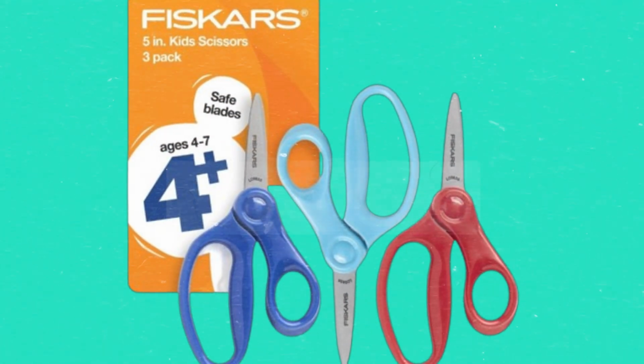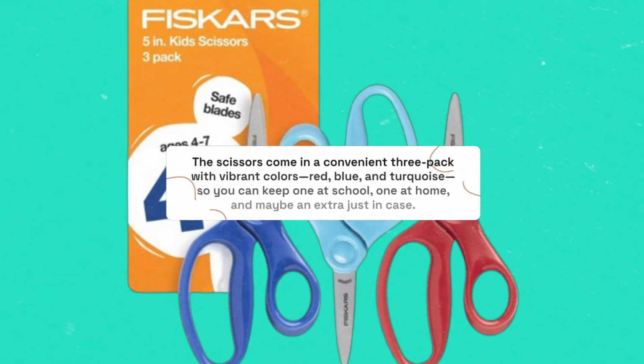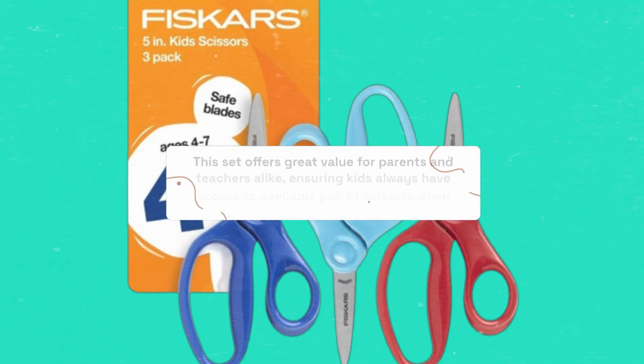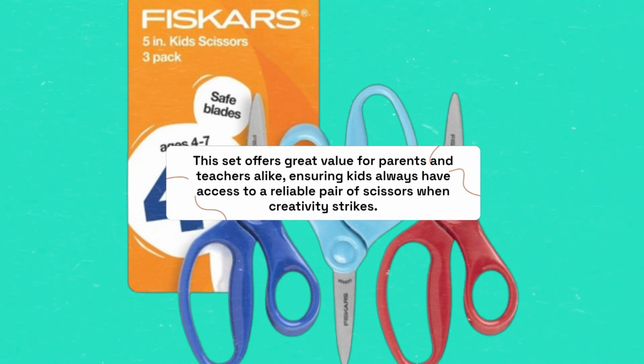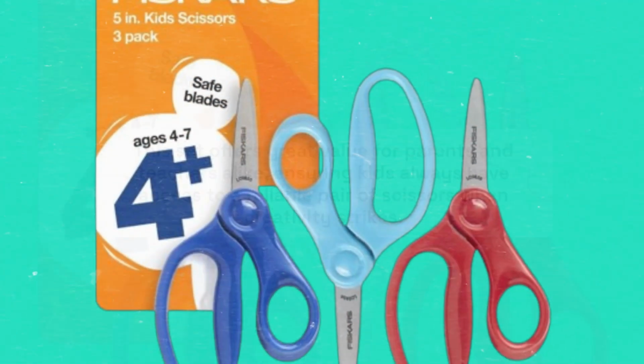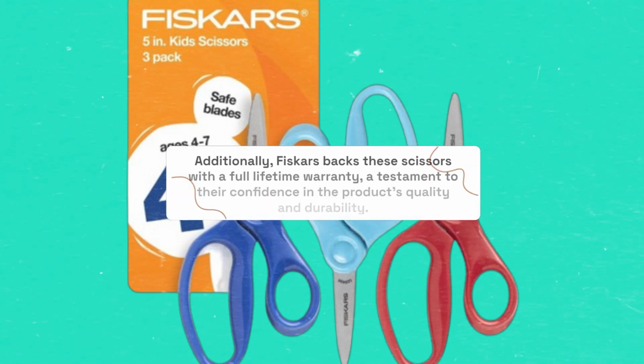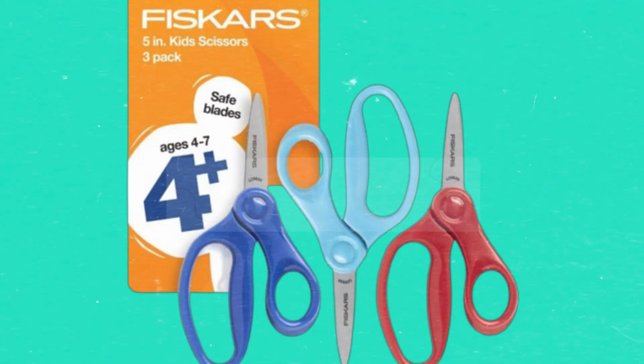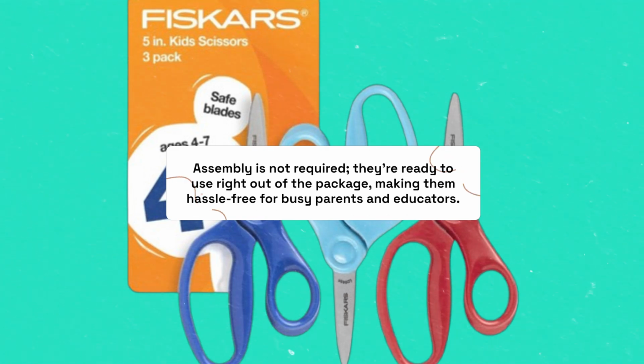The scissors come in a convenient 3-pack with vibrant colors, red, blue, and turquoise, so you can keep one at school, one at home, and maybe an extra just in case. This set offers great value for parents and teachers alike, ensuring kids always have access to a reliable pair of scissors when creativity strikes. Additionally, Fiskars backs these scissors with a full lifetime warranty, a testament to their confidence in the product's quality and durability. Assembly is not required. They're ready to use right out of the package, making them hassle-free for busy parents and